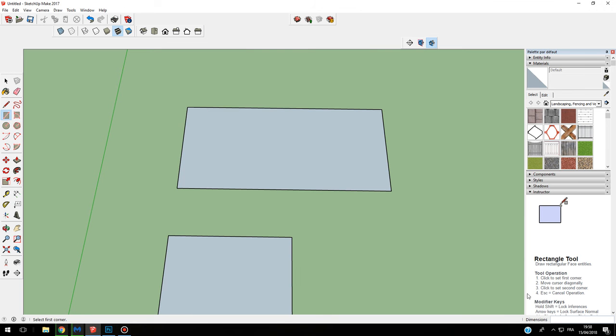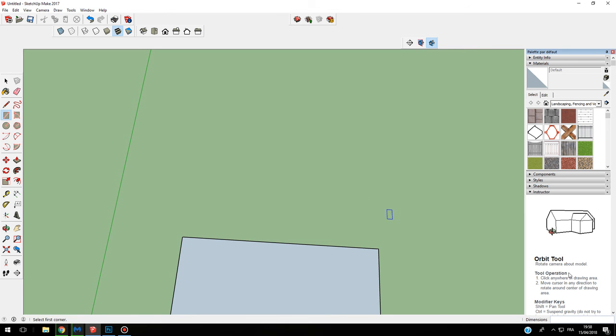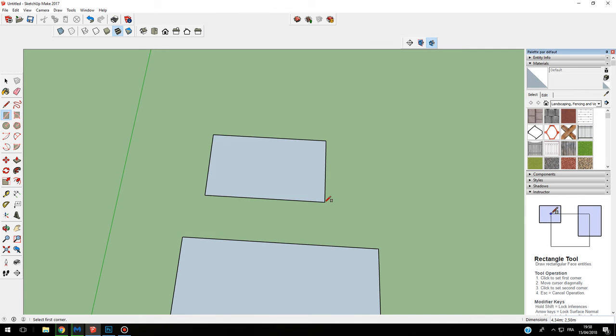Don't forget, about the dimensions, you need to type on your keyboard a semicolon between the two dimensions. For example, I create my rectangle. If I want 4 meters, 2 meters, it's 4 meters, semicolon, 2 meters, like this. And you use a comma